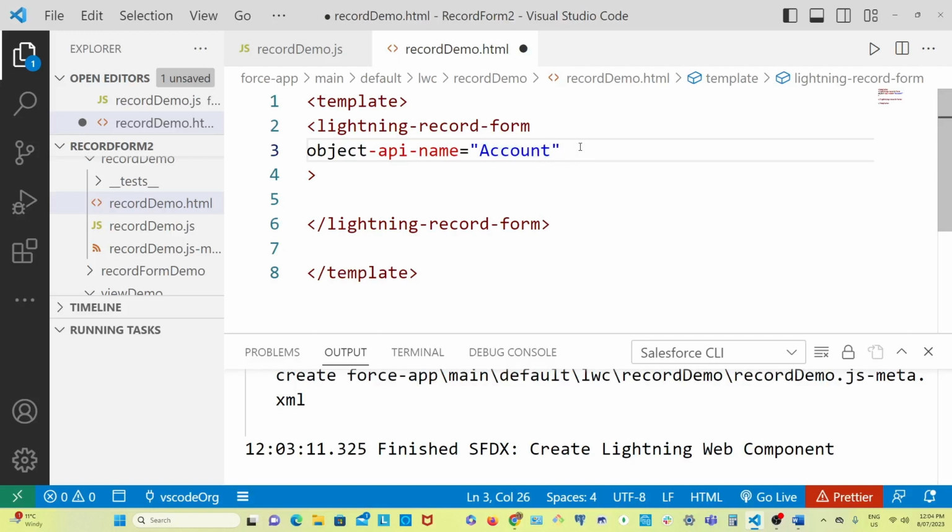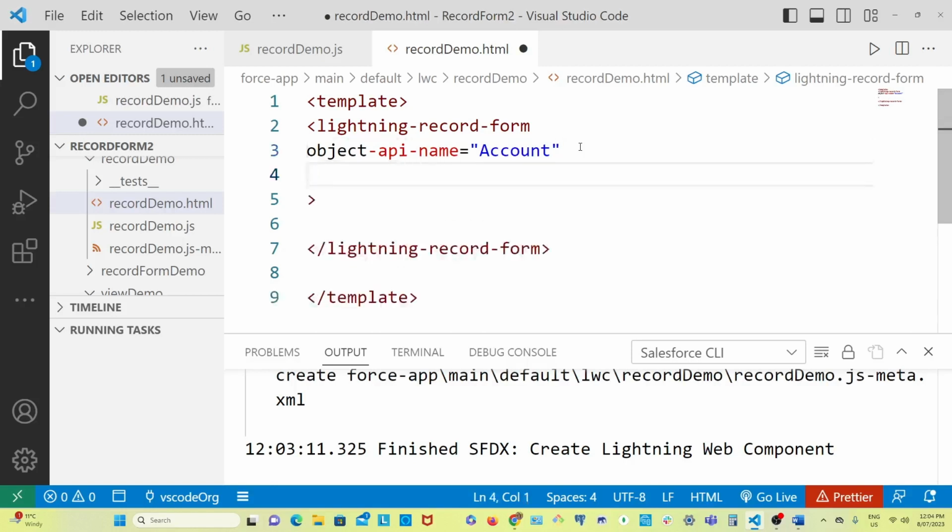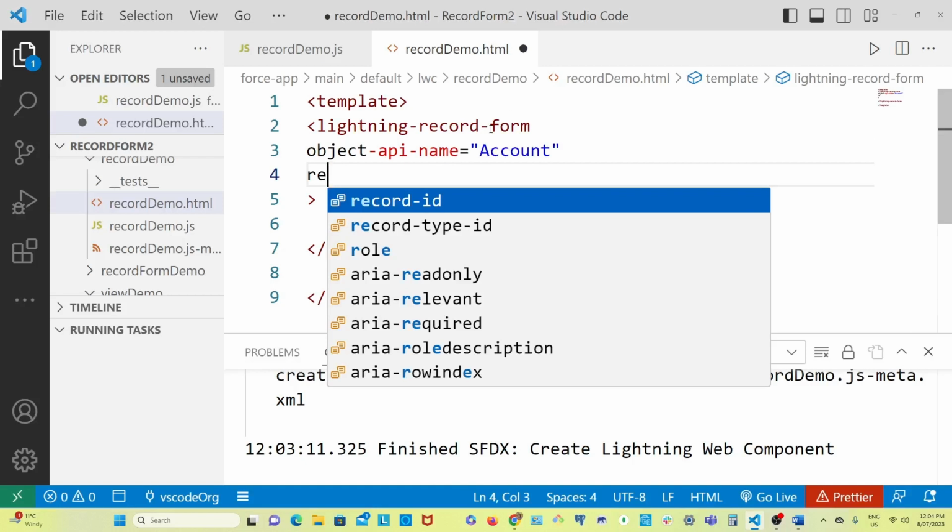I'm just showing everything in the same place so that you can see the difference of these three forms. That's why I'm showing everything in the account object. Now after watching this, you try the same thing using the contact object. That will be your practice. Okay, all right, so now record ID,